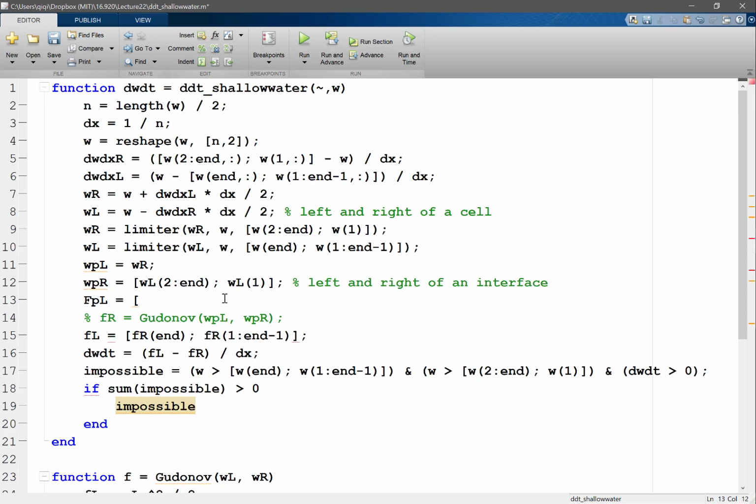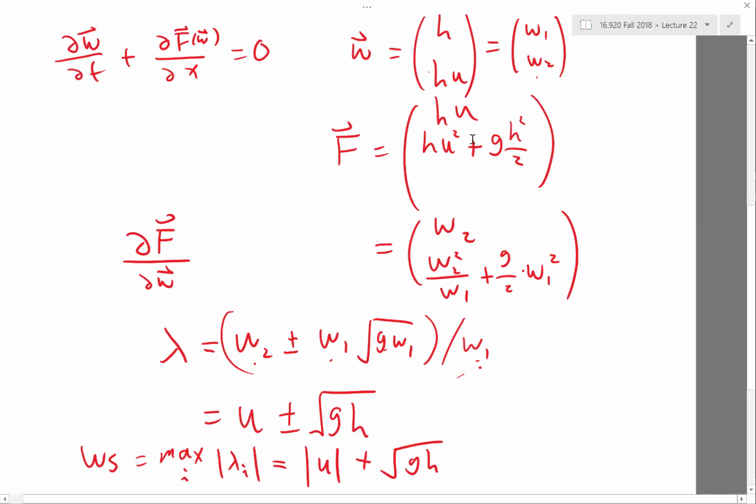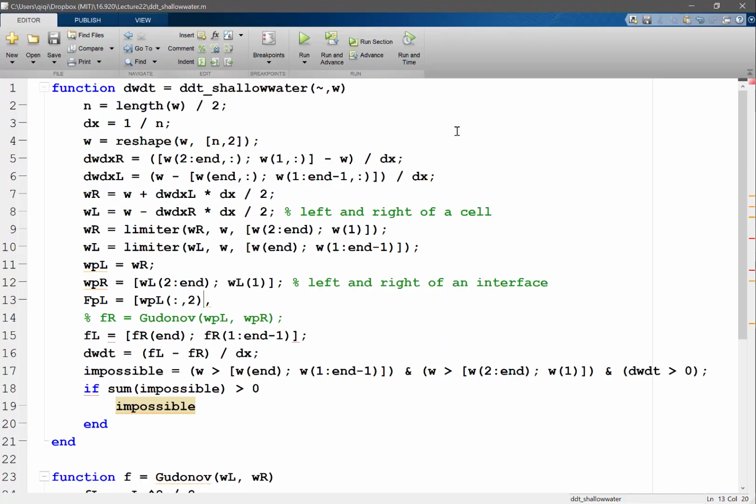So I'm going to be separating them. The first is WPL 2, right? So this is the second variable, which is HU, okay? And the second flux for the second equation is WPL